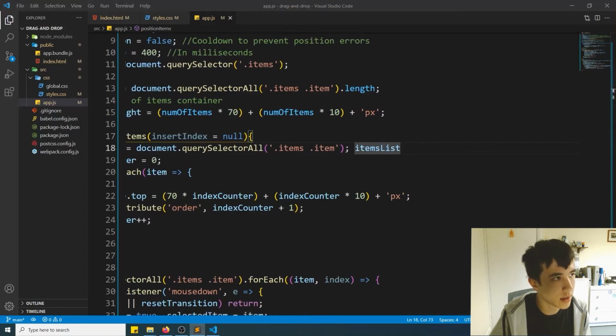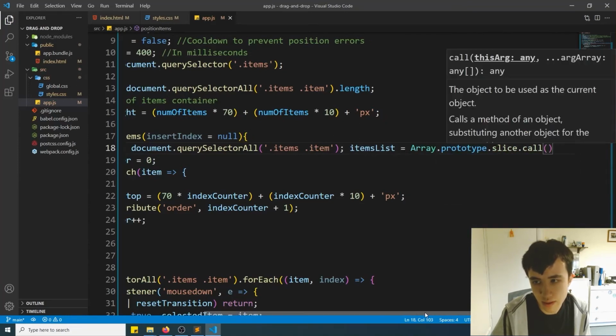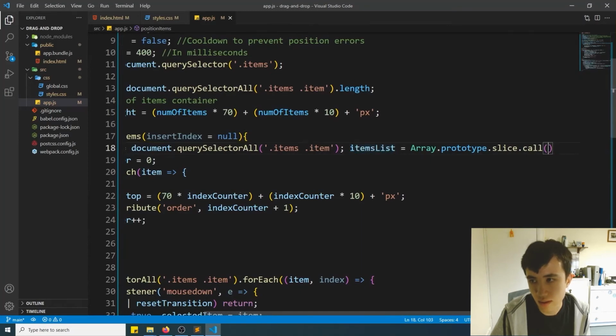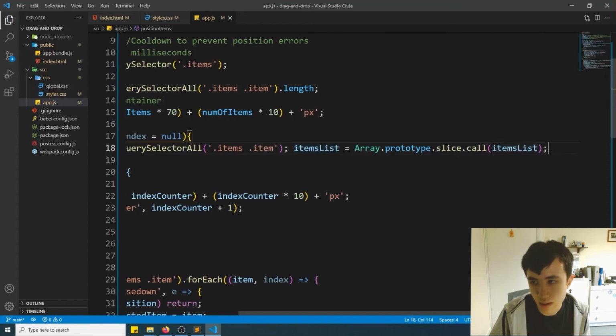We want it just to be a normal array, and the way that we can do this is we can use Array.prototype.slice.call, and I can't really explain this at the moment because it will take me too long. But essentially, if we pass items list here, then this will return an array containing the values of this DOM array. So now items list will just be a normal array,